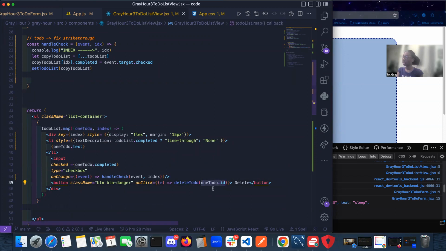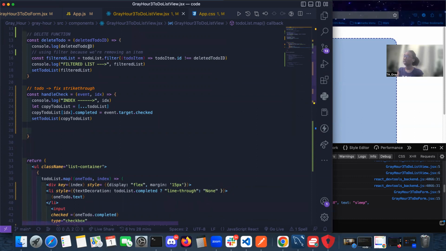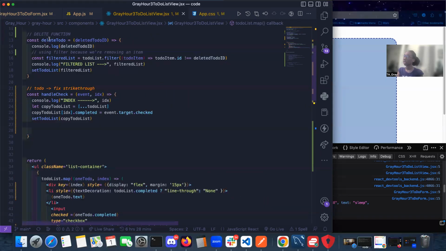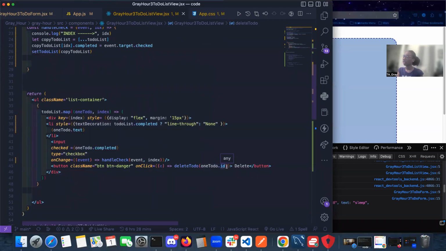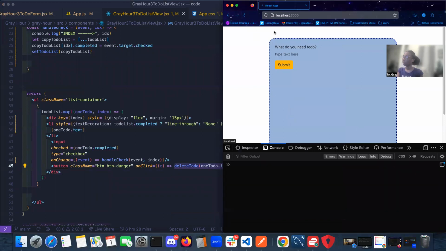So with that being said, this ID represents that delete to do, and that's being passed in. So this is my parameter, and this is my argument over here. Remember, parameters are being passed in as a definition of the function, and when calling the function, which I'm calling right here, I need to pass in the argument. So with that being said,